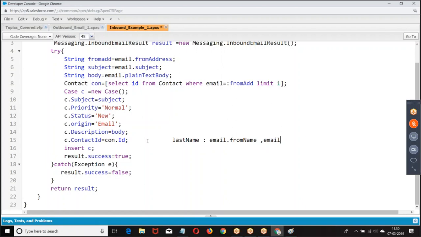Then we have email address equal to email.fromAddress. Now, with the help of this, start creating a contact. Whenever a new email is received, with the data that is there in the email, create a contact record.